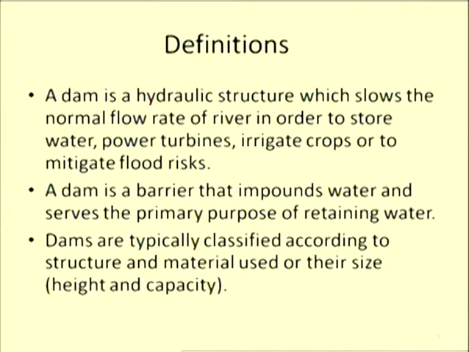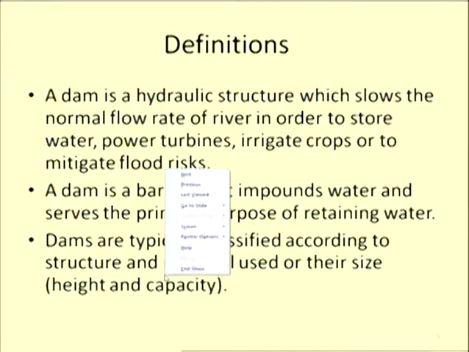Let's define a dam. What is a dam? A dam is a hydraulic structure. Hydraulic structure means any structure built within the water, flowing water or stagnant water, or a structure holding water. So that part we can call the hydraulic structure. So a dam is basically a hydraulic structure